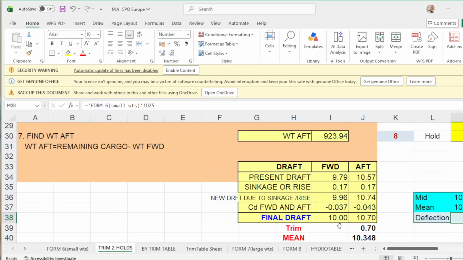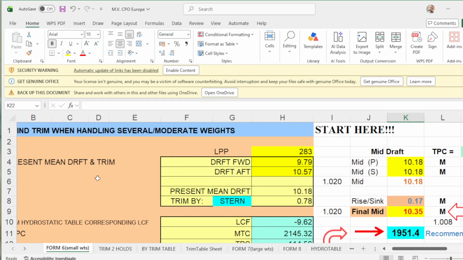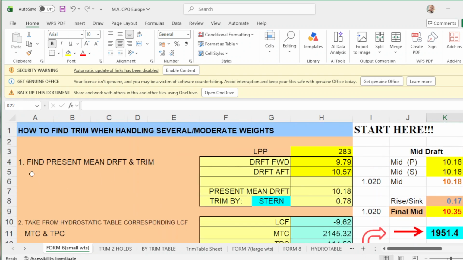Then you have your forward drop of 10 meters, up drop is 10.70, trim of 7 centimeters, main drop is 10.35, and your deflection here is 0. Then you go to form number 6, which is how to find trim when handling several moderate weights.